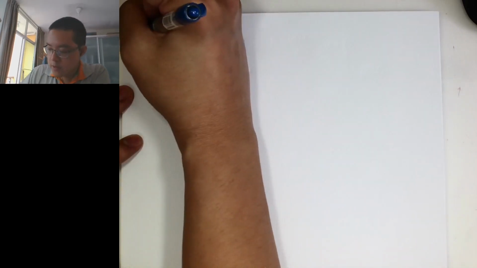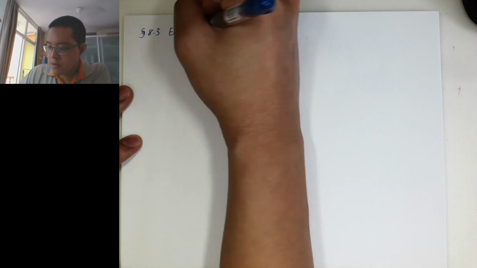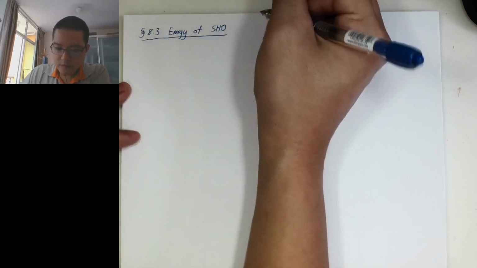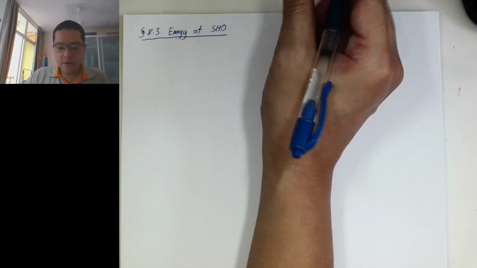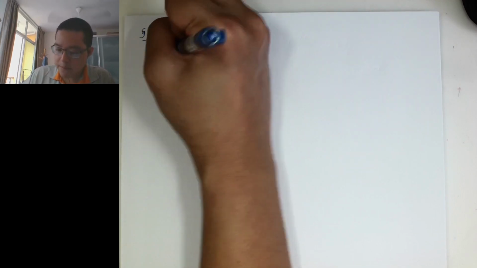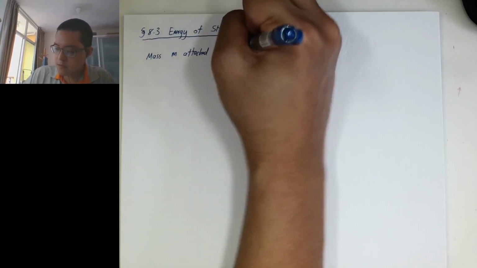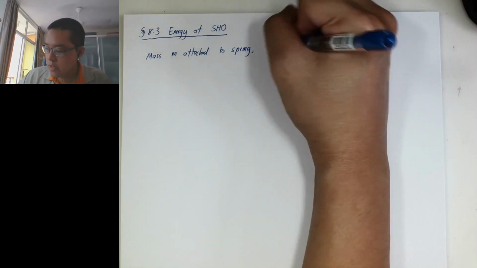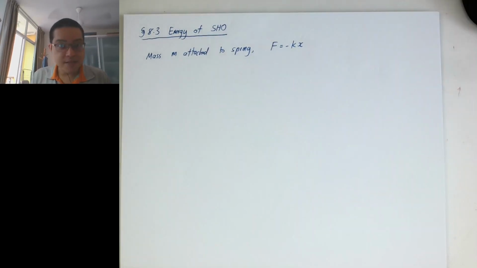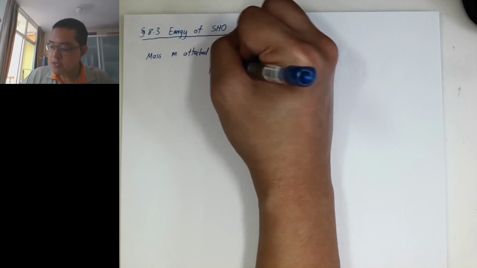So we have a bit of time, so I can talk about the energy of the harmonic oscillator. Okay, because we got the solution already, right? So we have been solving a problem of mass m attached to a spring. Right, so I have shown you that the force is F equals kx, and because this is a spring, we have learned about the potential energy. So the spring potential energy,